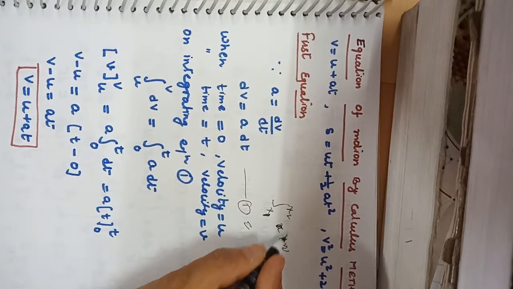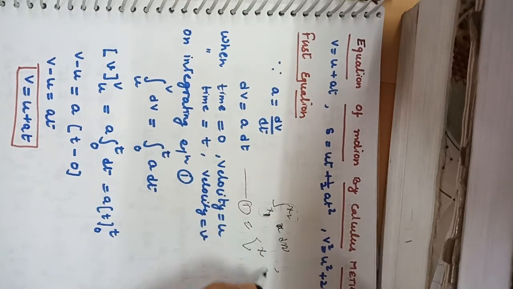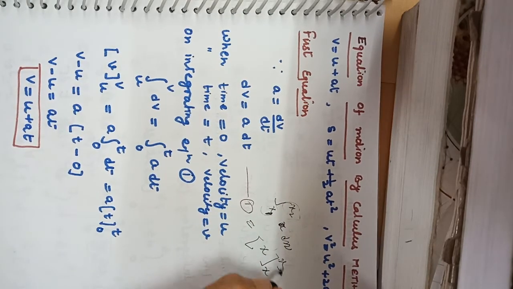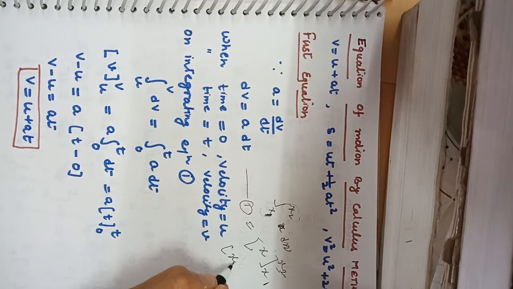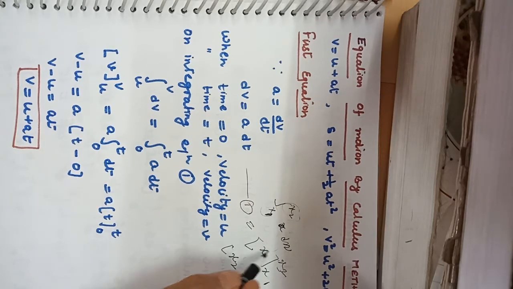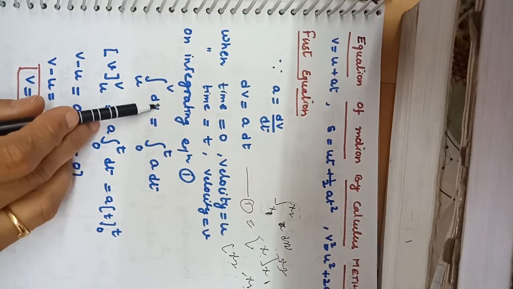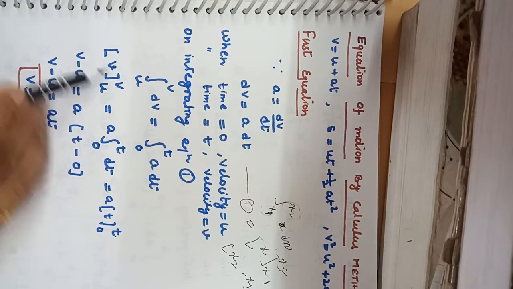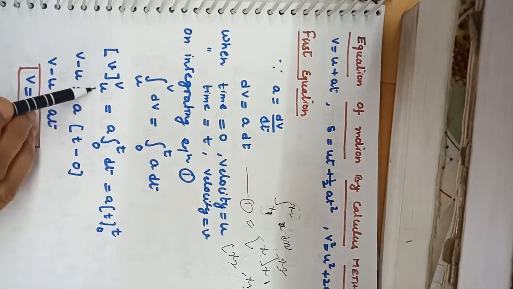What is the integration of dx? x. Okay, and this is the lower limit and this is the upper limit. When you apply the lower limit and upper limit, you write upper limit minus lower limit. First you write the upper limit and then minus the lower limit in place of x. Similarly, this is dv. So integration of dv is equal to what? Like dx is equal to x, dv is equal to v, with limits.